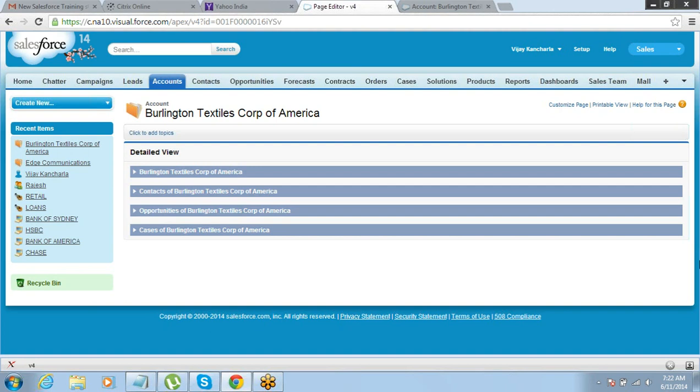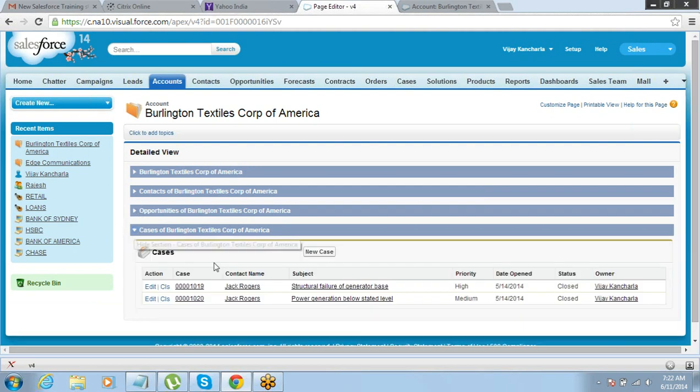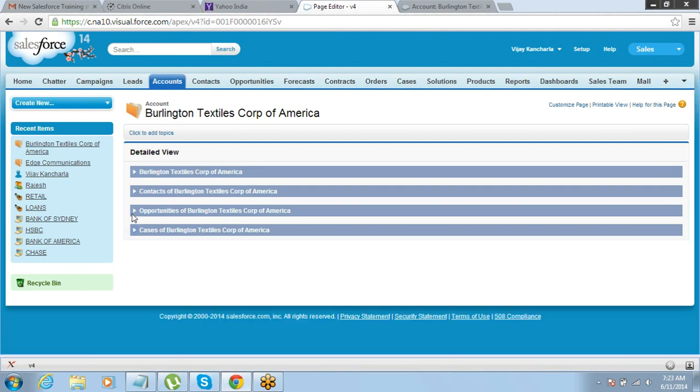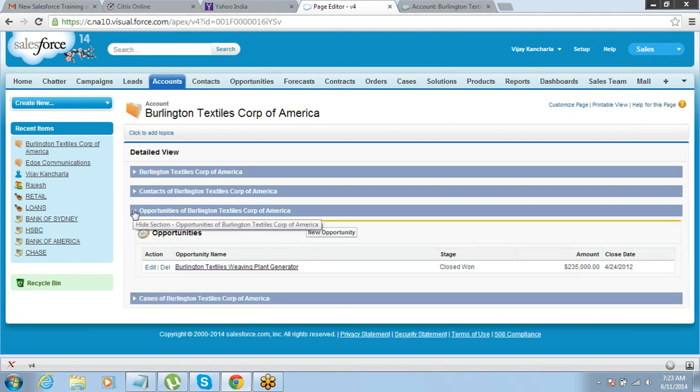Let's say under one account you have 20-25 contacts, you have 25 opportunities, and then you have somewhere close to 50 to 60 cases under it, and you have more related list. Then what happens? For the end user, it becomes very difficult to control all those things, scroll down and find things. If you provide this kind of an interface to that person, he can just click on cases and expand the cases and look into it, and other things can just remain collapsed. So you don't have to expand everything at one time. Then you want to look into opportunities, you can just go to the opportunities and look into it. So it gives a better visibility to the end user.